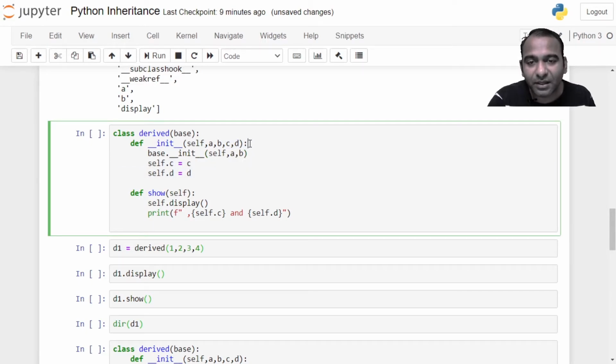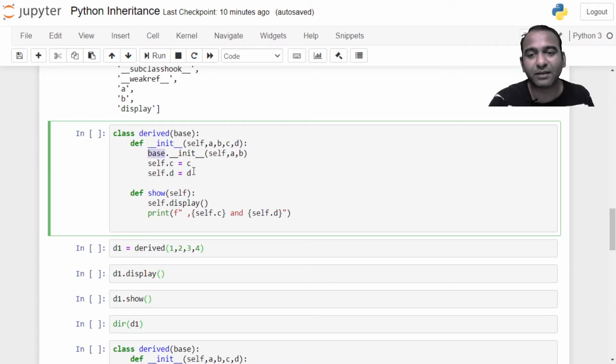So after this first statement, you have the name of the base class dot init function being called in opening and closing parentheses, self parameter, and the first two arguments which are used for initialization of data members of the base class, because the base class constructor requires two parameters. The next two arguments are used for initialization of its own members. There are two members C and D, therefore C is used for initialization of C and D is used for initialization of D.